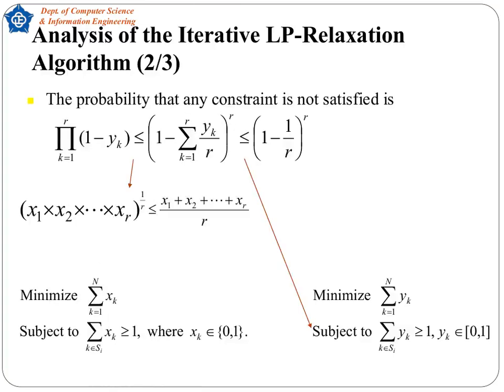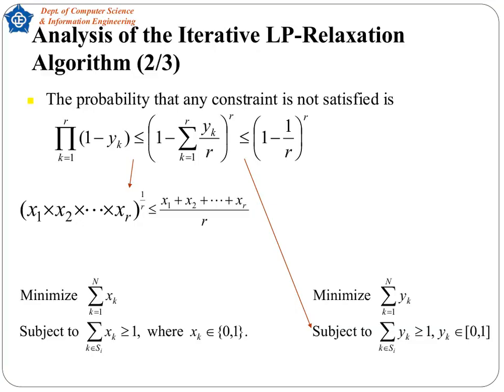Building on our last result, let's now quantify the chance that a single covering constraint remains unsatisfied when we move from the fractional LP solution y to a random integer choice. On the left, we express the failure probability exactly as the product over k of 1 minus y. Then, by invoking the AM-GM inequality, we bound this by 1 minus the sum of y over r, to the power r. Since our LP guarantees the sum of y is greater than or equal to 1 for any constraint of size r, we get a further bound of 1 minus 1 over r, to the power r. In plain terms, each constraint is left uncovered with probability no greater than 1 minus 1 over r, to the power r, which tends to